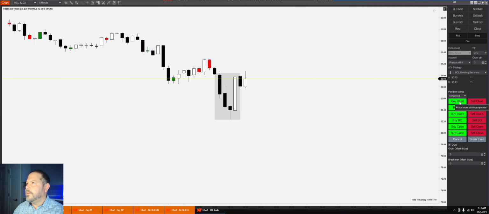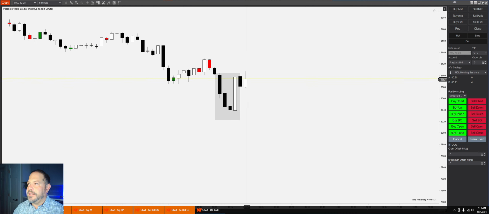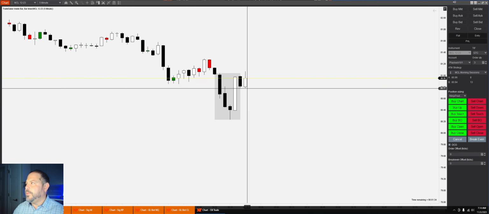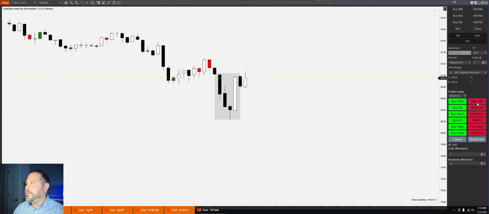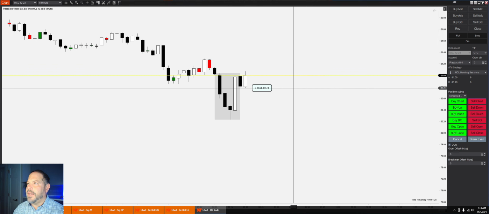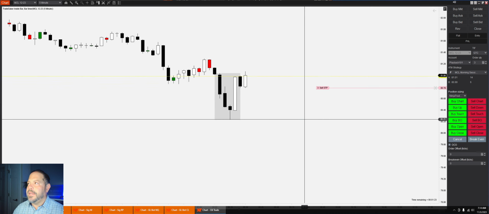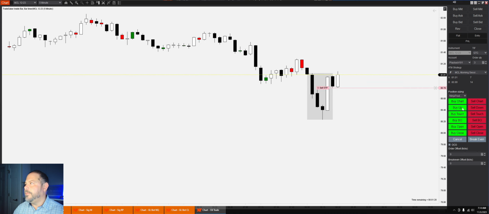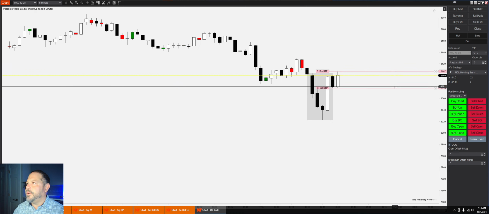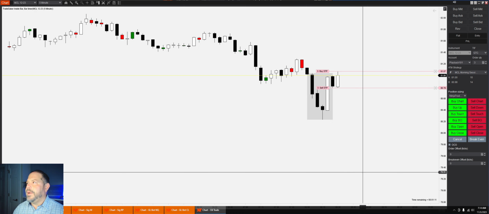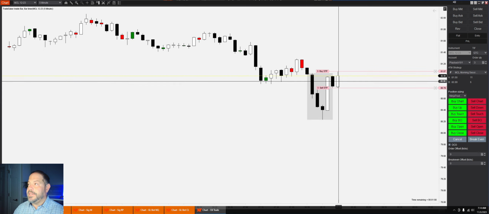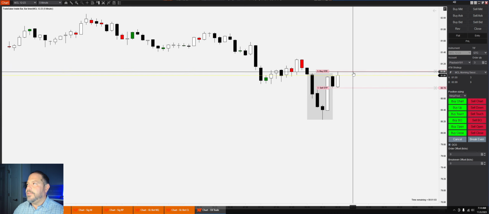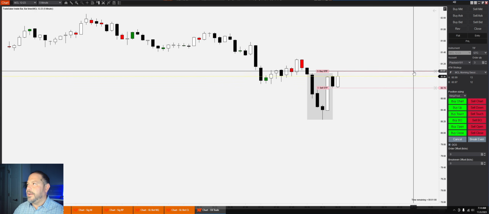But what are we looking at? So let's just say that this was an inside bar, which it's not, but I think the next one will be. But I'll show you how easy this is. If I go to click on sell chart, if I know that I want to set my order at the bottom of this candle, I could do it this way. So it's set up right here at the bottom, and then I can go buy chart and throw my order up here at the top. Okay, so right there, if this was an inside bar, which it's not, but for demonstration purposes, you can get into this trade very easily